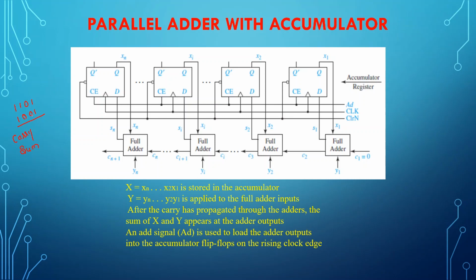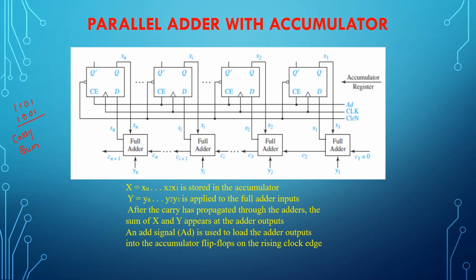So when I speak about a 4-bit number and you are going with bit by bit addition, generally what happens here is it is going to consume a lot of time. That is, my LSB will be added during the first clock cycle and the next number will be added during the next clock cycle and the next one during the other clock cycle and the last one during the last clock cycle, which is going to consume around 4 clock cycles.